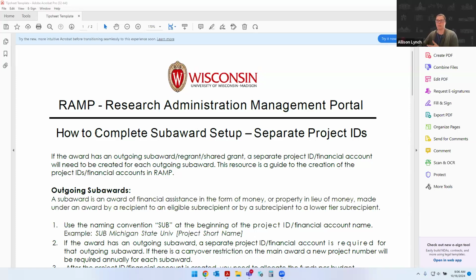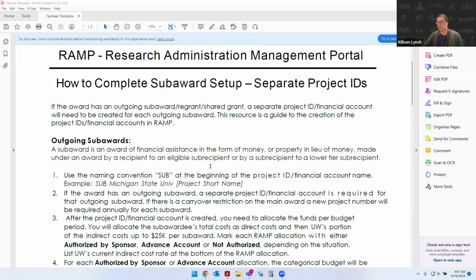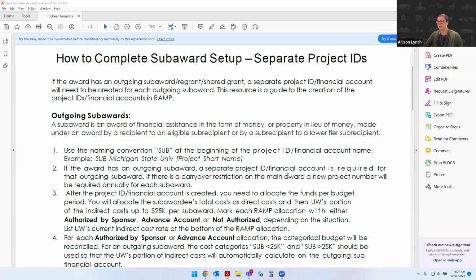You all should have received the RAMP Research Administration Portal revised desk reference instruction sheet, just a 2-page instruction sheet going over the various processes for outgoing subawards, shared grants, and regrants. The major difference that you'll see on this document is recently we've changed the process for awards with